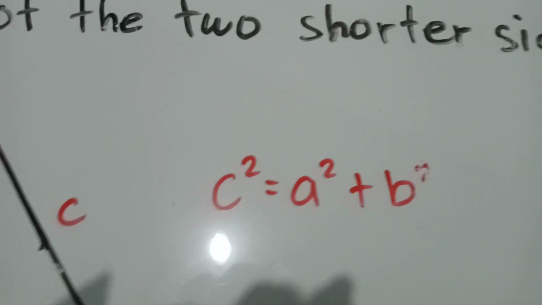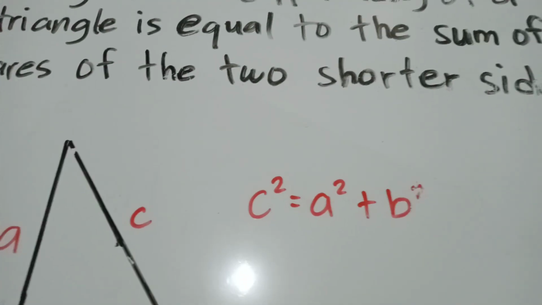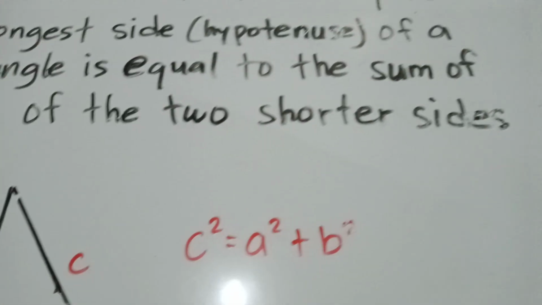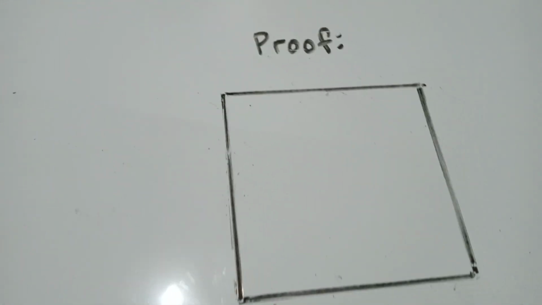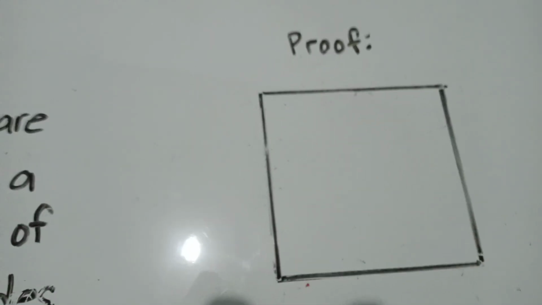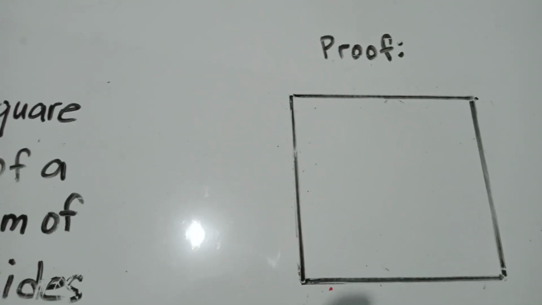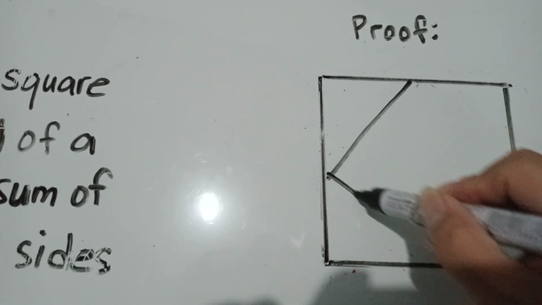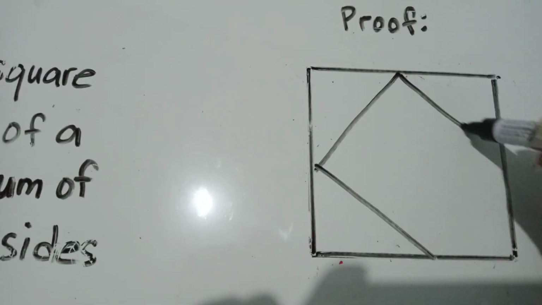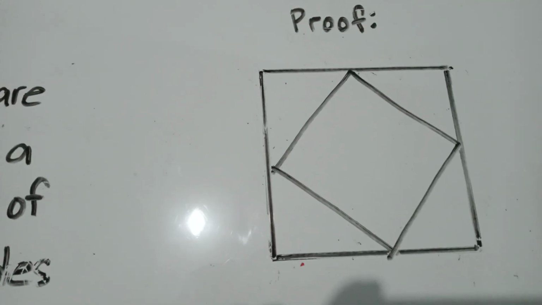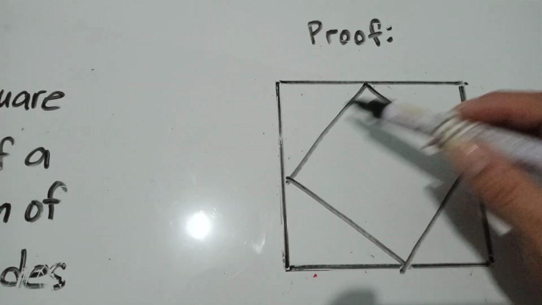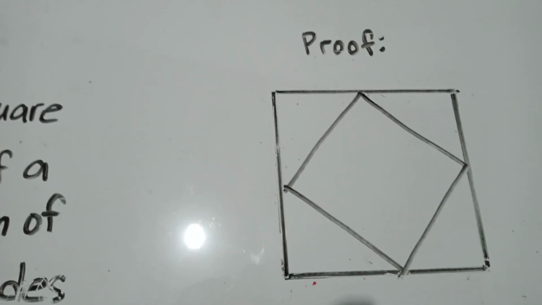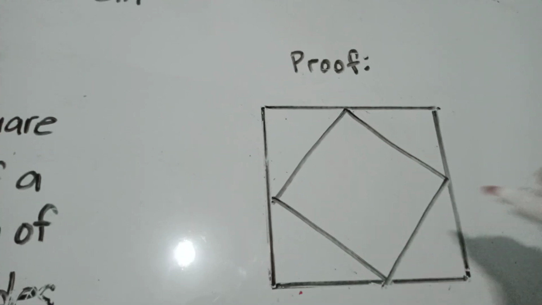So this is the whole concept of the Pythagorean theorem: C squared is equivalent to A squared plus B squared. So we can prove this geometrically. For example, we have a square. Then if I put a small square inside, so we created also the four right triangles inside. So if I put here a side as A,